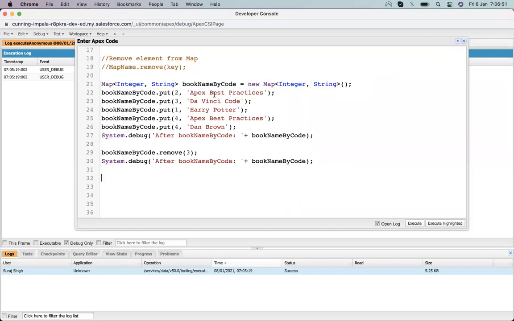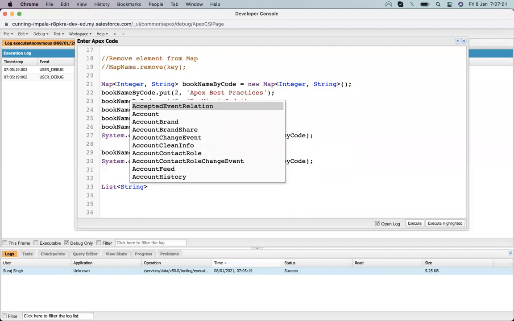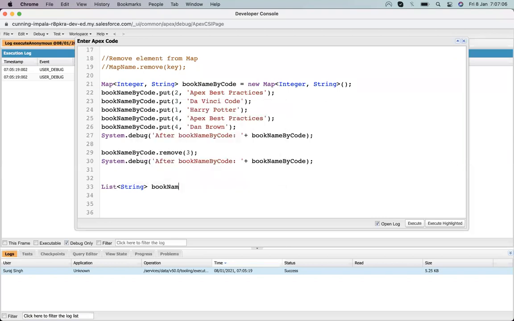Since we all know that the values of a map behave like a list, let me create a list of string, and it's our books. And I will declare it and initialize it at the same time.